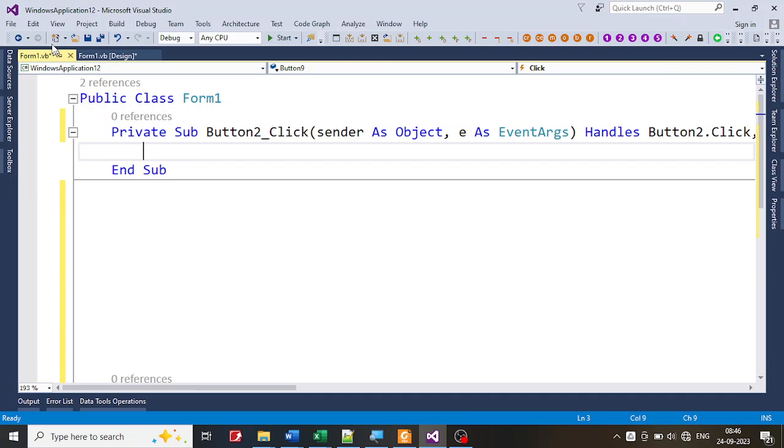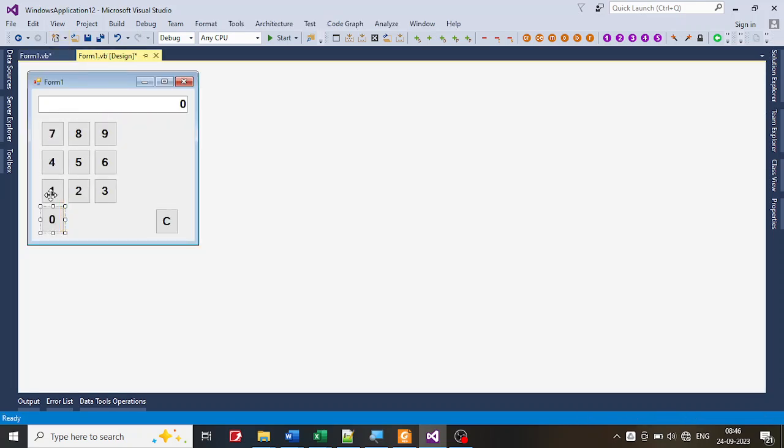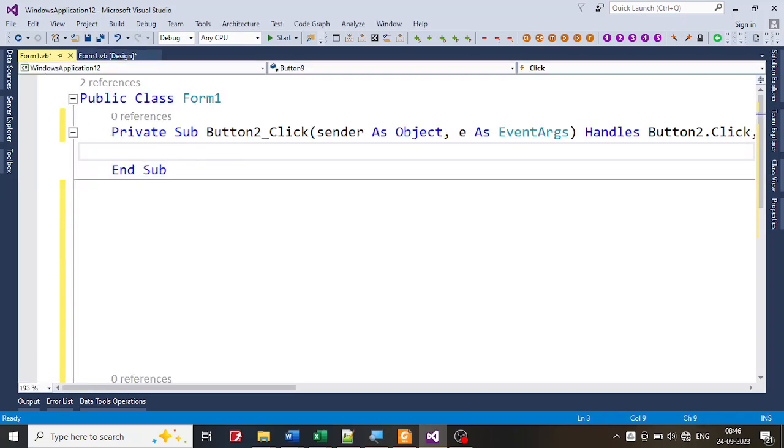What is it that I'm supposed to do? I'm supposed to get the number. Suppose I click on this button, whatever text is there on top of this button must appear here on the text box. So if I click on the 7, this text must appear here. How am I going to do that? I'm going to go over here and say text box